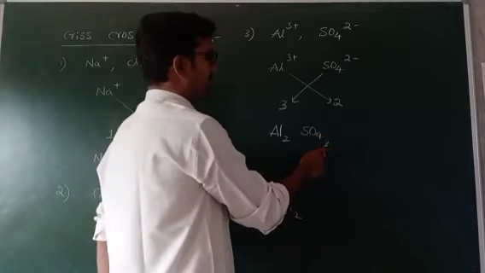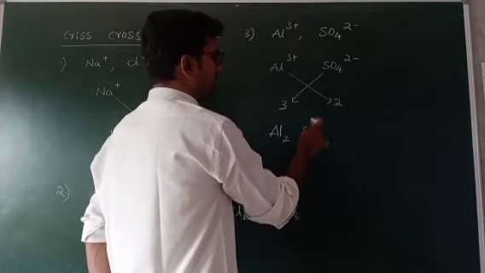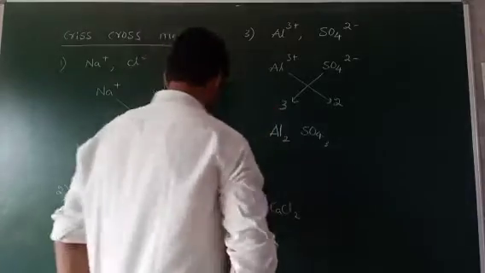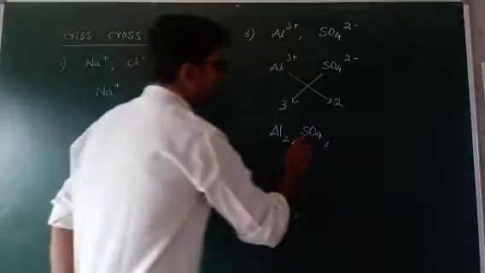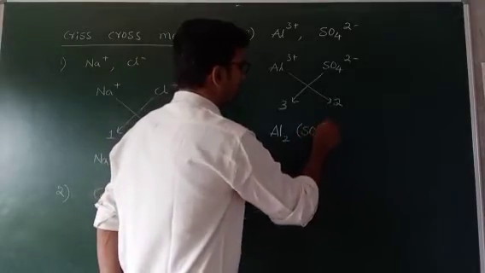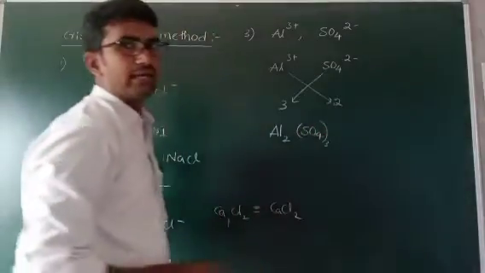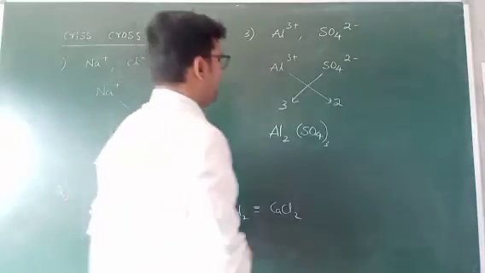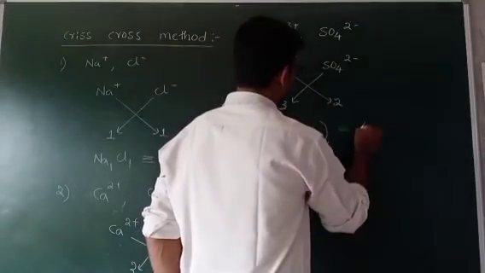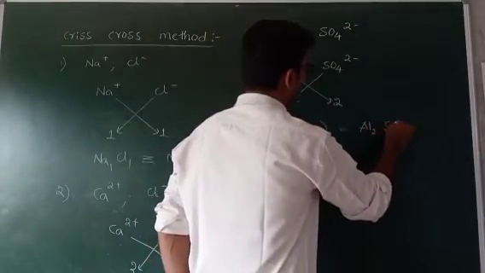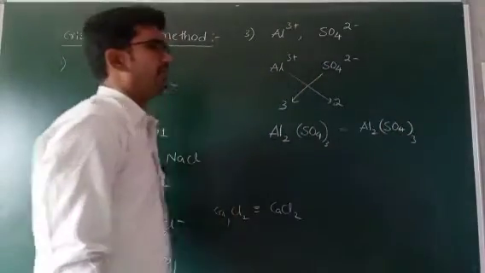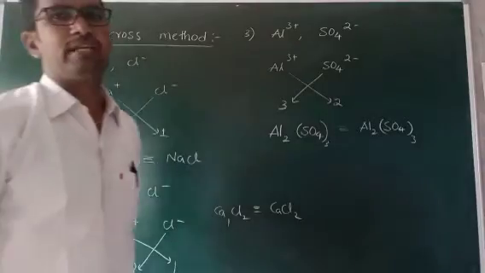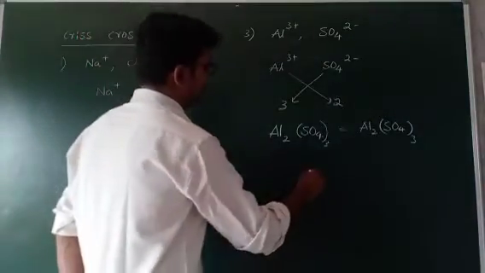Is it 43, sir? It is not a single element. Aluminium is a single element. Chlorine is a single element. Calcium is a single element. But SO4 is not an element, it is a molecule. So keep it in brackets, SO4 thrice. So this is simply Al2(SO4)3. The name of this compound is aluminium sulfate. One more example.